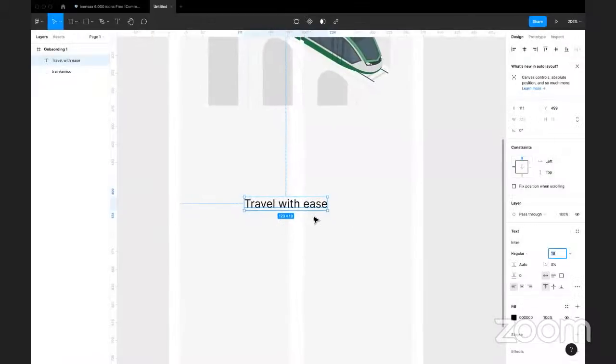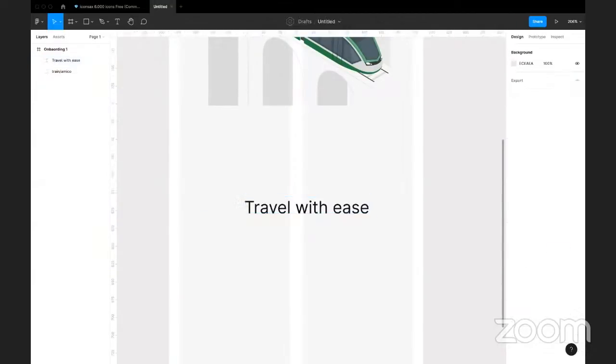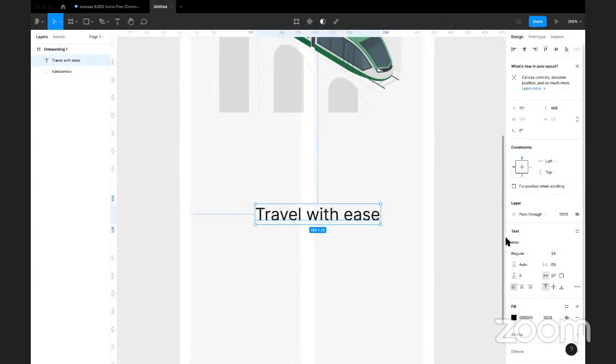Yeah, I said 8 points grid system. So I'm going to make use of 24 for my header here, my title here. Then remember, align to the center and font weight. I'm going to make use of,